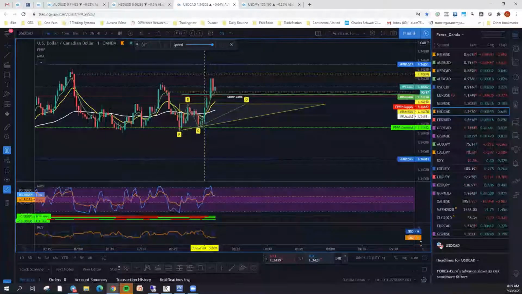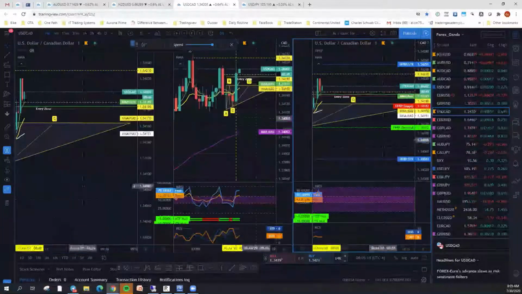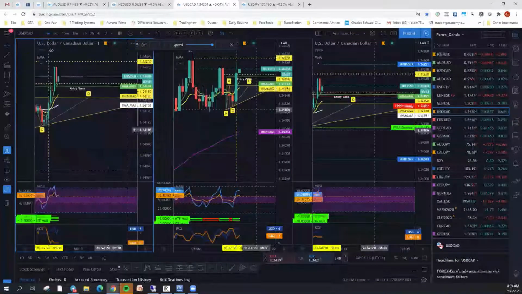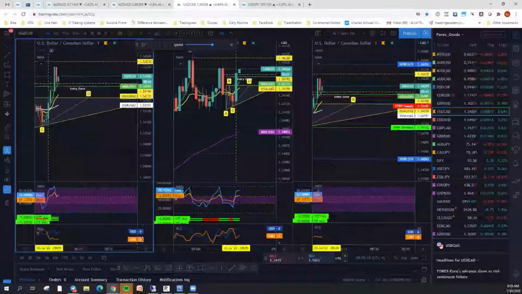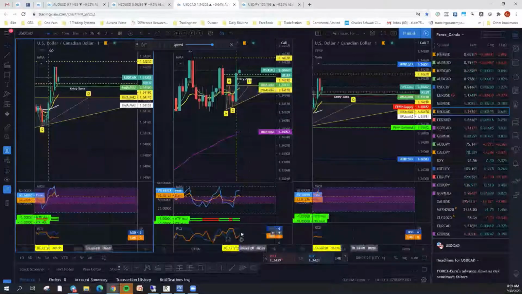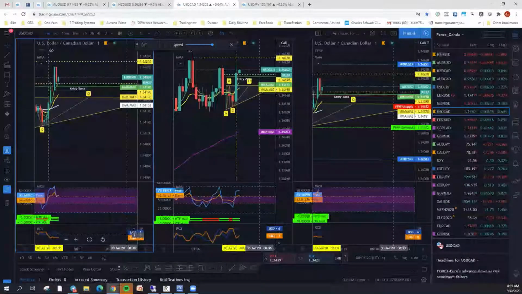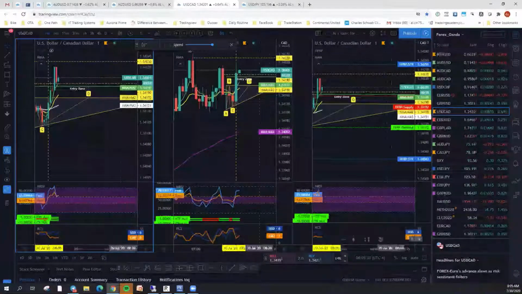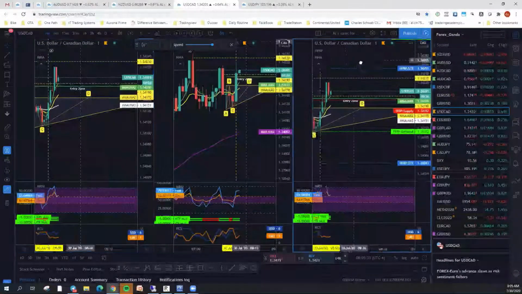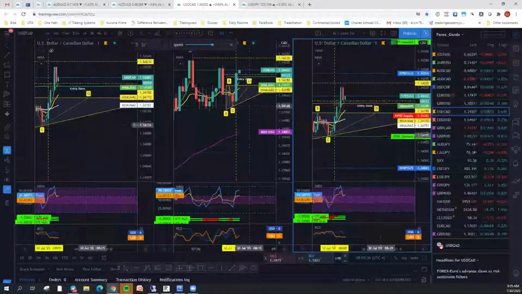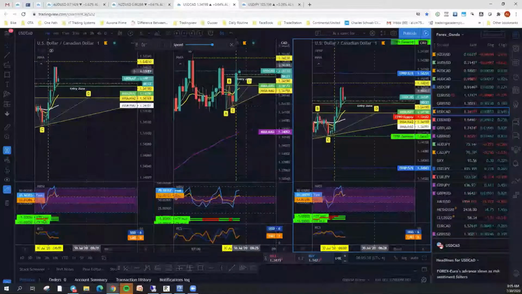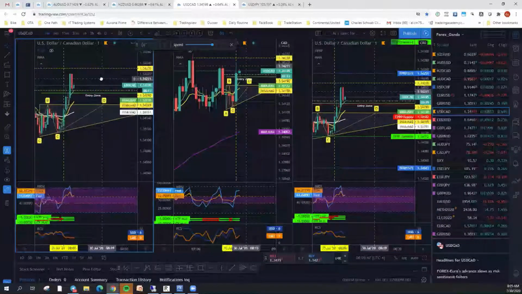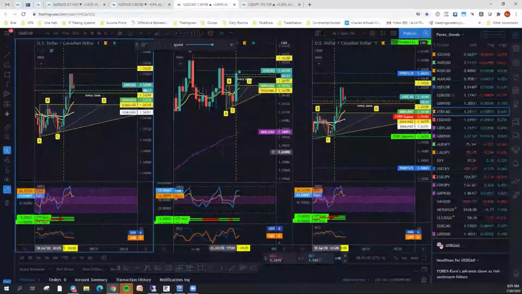There is some strength. We look at our strength meters here. The dollar is, right now, the second strongest. I'm not sure what the strongest pair is right now, but it's the 6 on it. The CAD's the weakest on the 15-minute. It's got a spread of 5, spread of 3, spread of 6. And we're just going to wait and see if this gives us an opportunity. And that's about all we get.